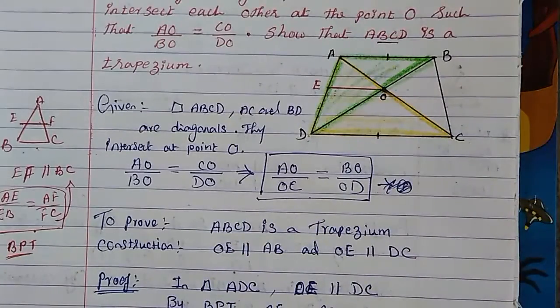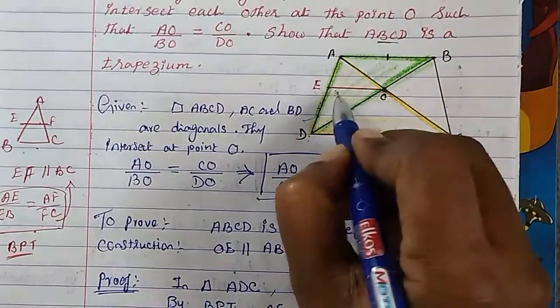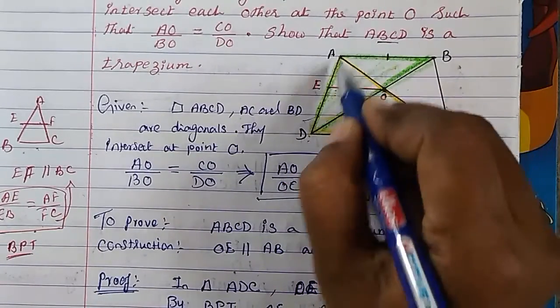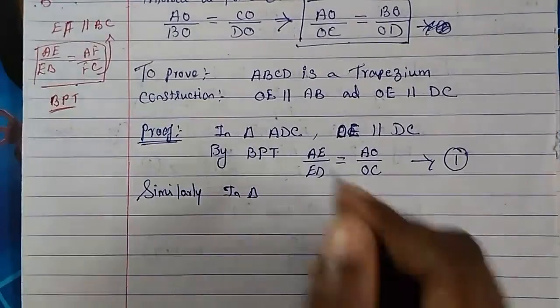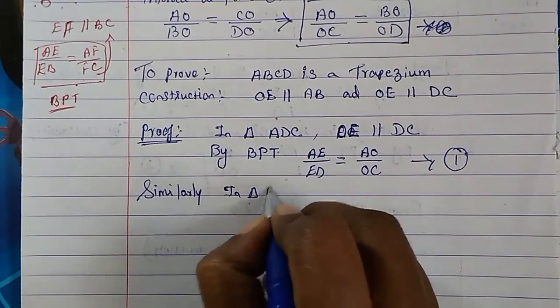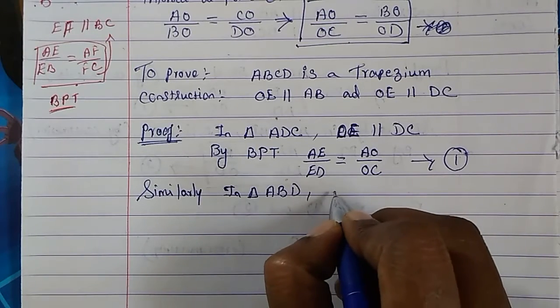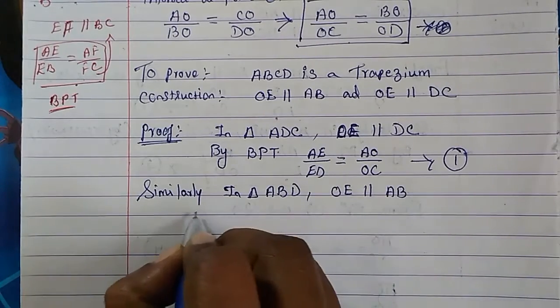Okay, so now in this triangle, this OE is parallel to AB. So if these two lines are parallel, this ratio and this ratio will be equal. So let's write down in triangle ABD,